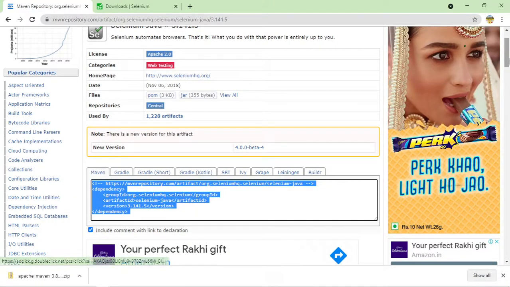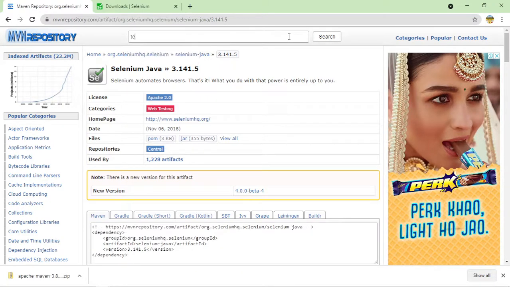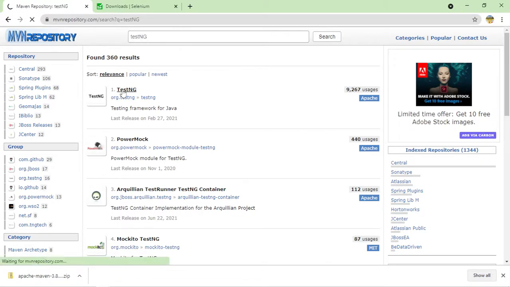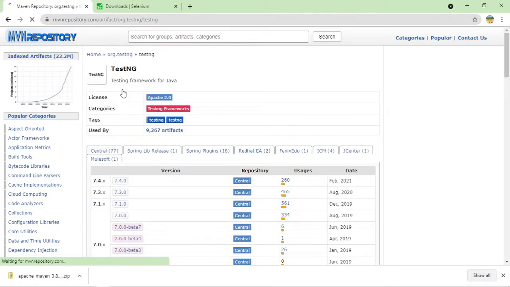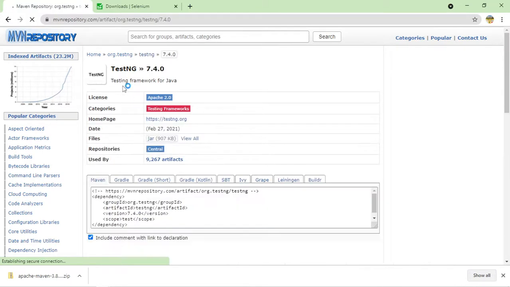So let us do one thing. As of now, we have not discussed TestNG, what TestNG is. But I want to get TestNG dependencies as well. TestNG will be a separate session, so as of now just see some basics. TestNG is a framework. It will have some predefined classes and methods that will help us to write our code in an effective manner, right? That's why it is a framework, because it has predefined libraries which will help us to write better code. So first I searched TestNG and then I will copy this.